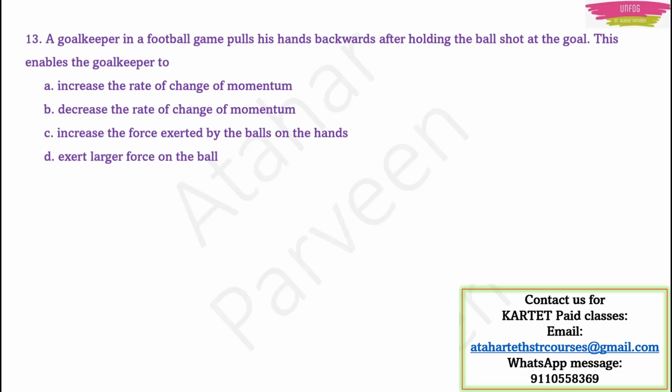He is trying to decrease the velocity of that ball. Then only he could hold it, right? Or else that ball could have gone, and the goalkeeper could have fallen down when the ball hit him. Correct? So the goalkeeper was successful in changing the momentum of the ball. But how did he change the momentum? Either he decreased or increased. He stopped the ball, right? That means he decreased the rate of change of momentum. He decreased the velocity of that ball. That's why he was able to catch that ball. So option B will be the right answer.